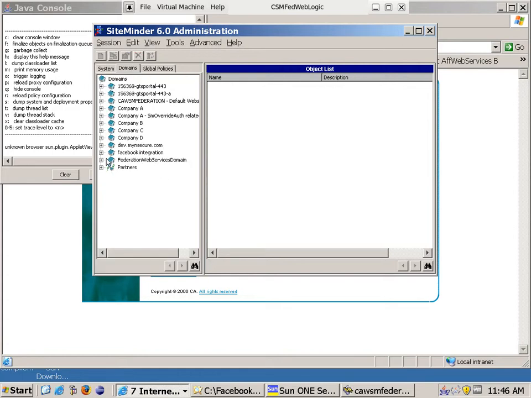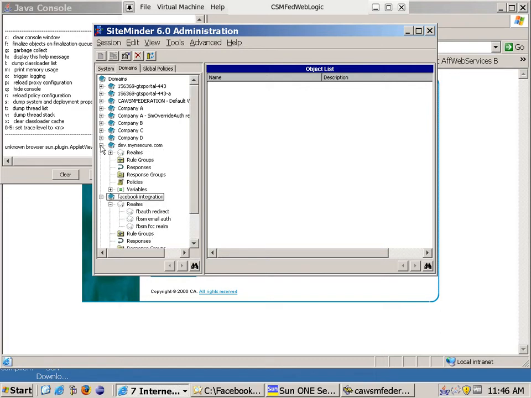In the domains tab, we create a separate policy domain so it does not interfere with anything that you may have. One could conceivably roll this up into your application domain as well if needed. By the way,